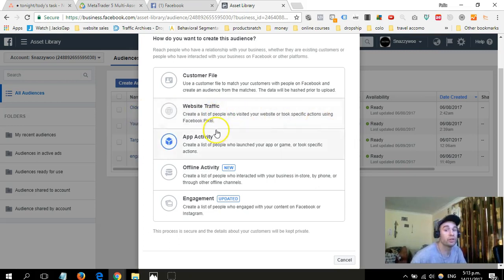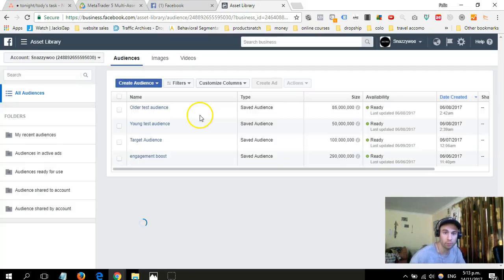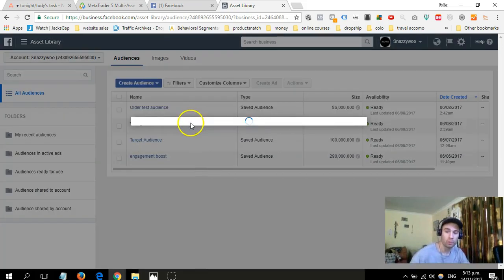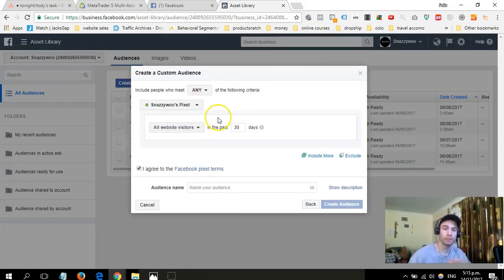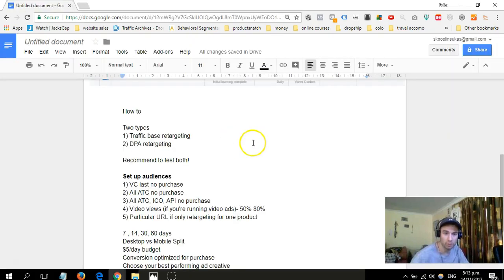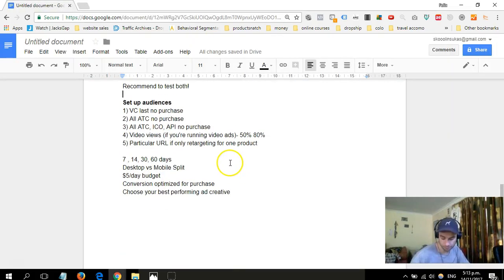Create a list of people who have visited your website and took a particular or specific action using the Facebook pixel. So I presume that everyone watching this who's interested in retargeting has their Facebook pixel installed, because without your Facebook pixel, you won't be able to retarget. So if you don't have your Facebook pixel installed, do that first. Alright, so this is one of my old stores,